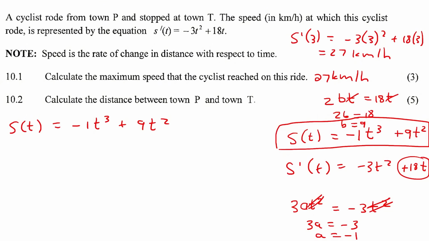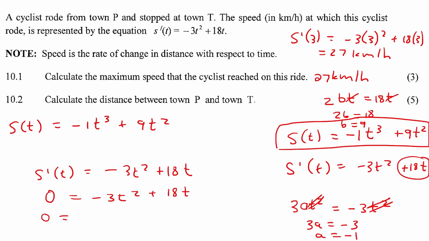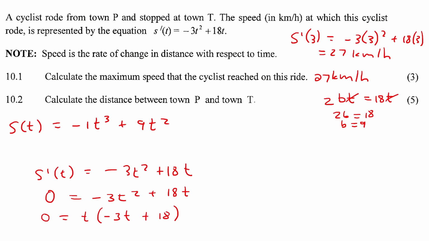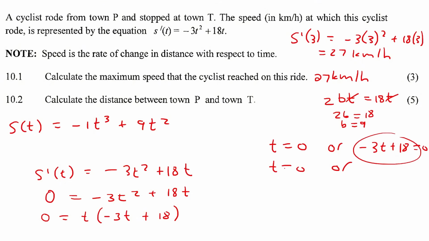So what we can do is take the speed formula and ask ourselves, at how many places did they stop? When you stop, what is your speed? Your speed is 0. Okay? Now, if you had to solve this, you could take out t as a common factor, and you'd end up with t as 0, and then if you solve this one, you'd get t as 6. So that tells us that this cyclist stopped